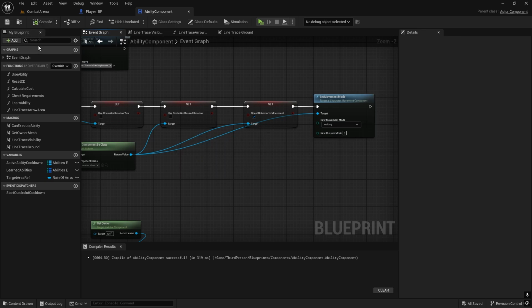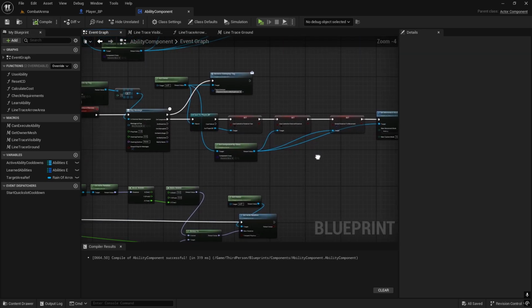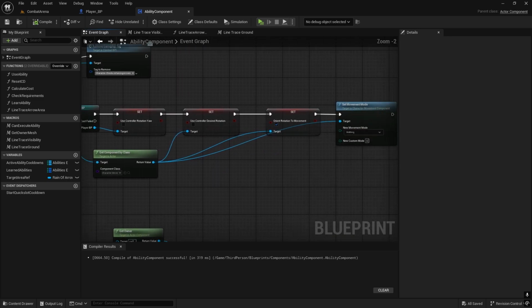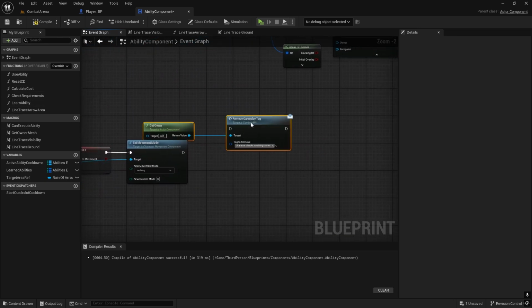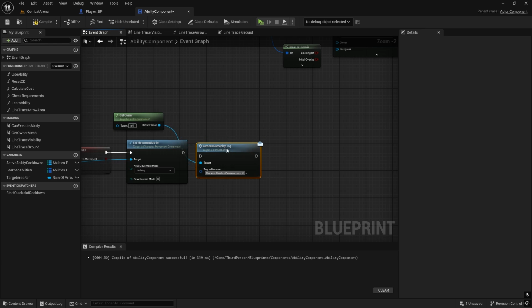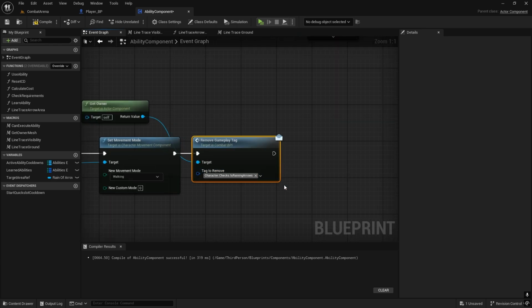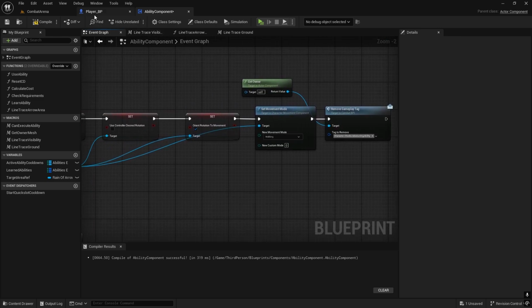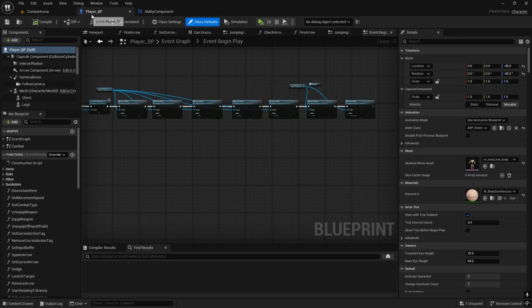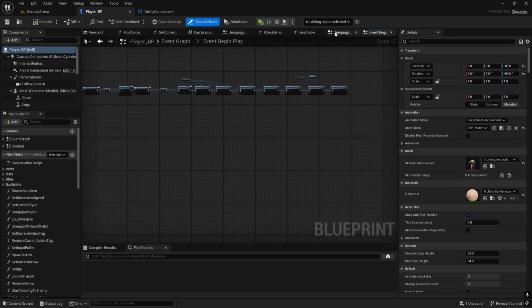Compile and save. And after, we also want to remove the ability tag when it's completed. So get these two, copy, paste, and remove the tag is executing ability. There we go. Now in the player, compile this, go to player, and in combat,